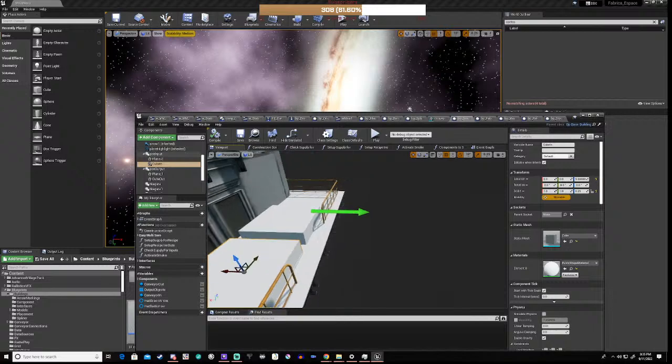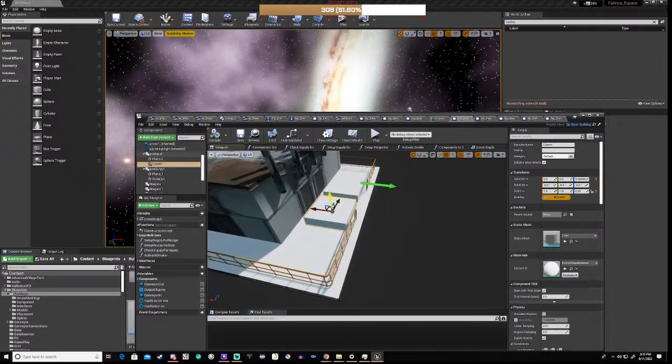But we're back now. Okay, so the problem was that I hadn't repositioned the N cube for the